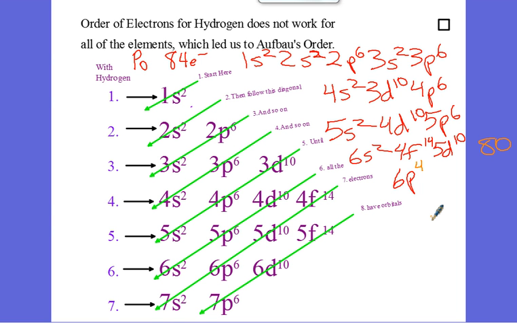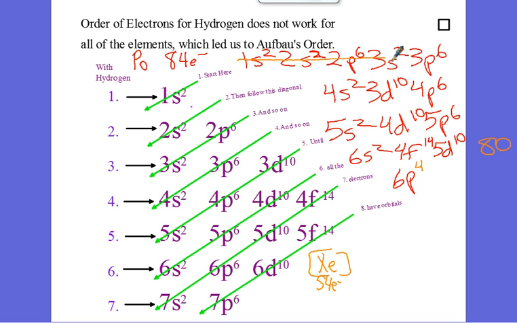Which noble gas has fewer electrons than polonium, but not drastically fewer? Would you pick helium? No, it's way too small, right? Would you pick neon? No. You would probably pick xenon, right? Because it has fewer, but not drastically fewer. And so when you write down, you can write down xenon in brackets. And when you write down xenon in brackets, how many does xenon have? How many electrons? 54. And so what you just did is you just took care of the first 54 electrons,